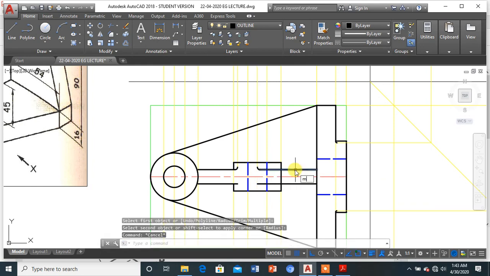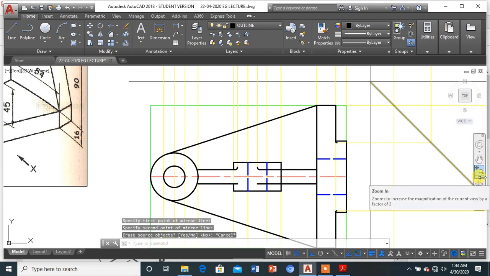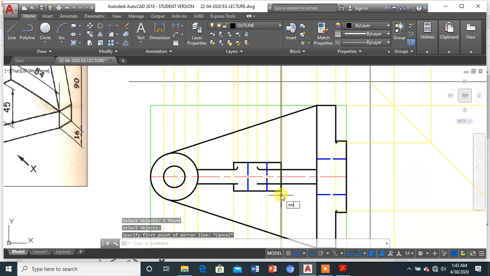Okay, the same I can select and make it on the other side as well. Okay, the extended parts, the extra parts, you can select it like this.